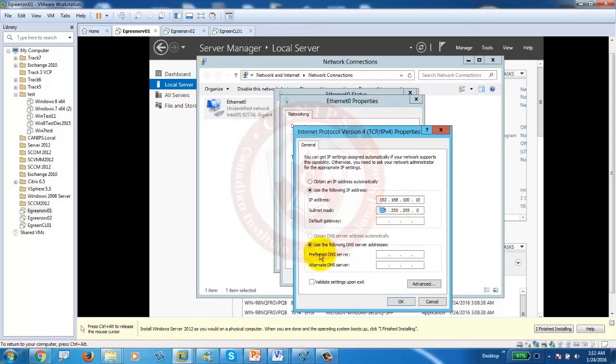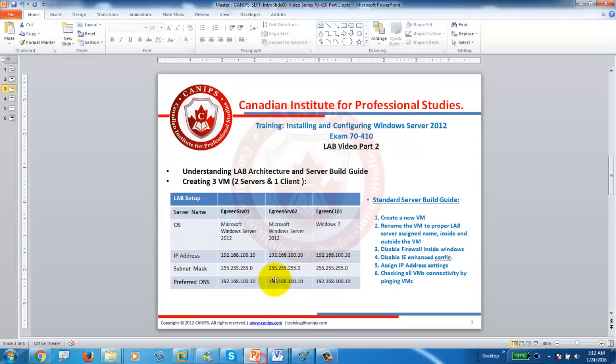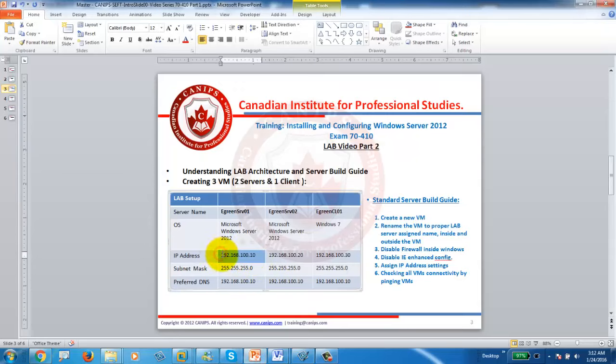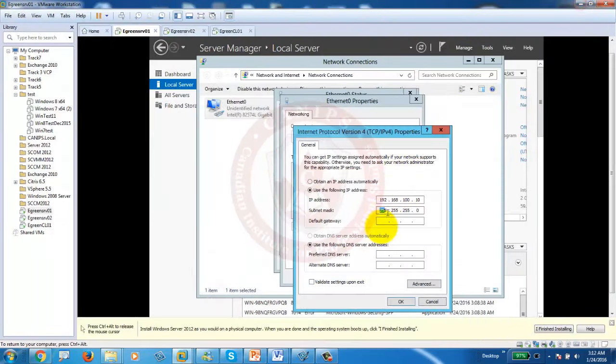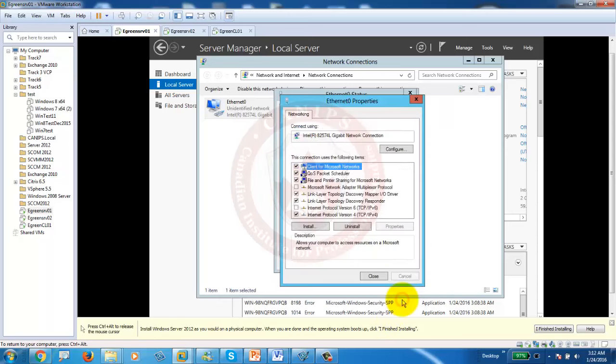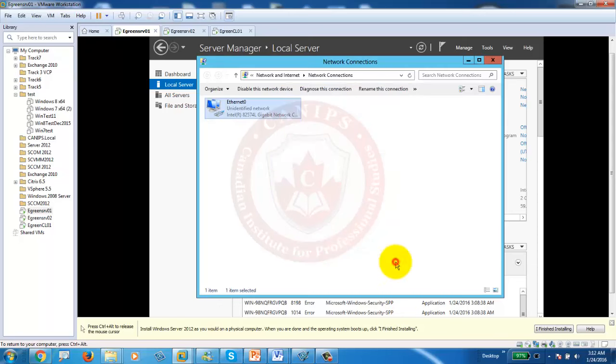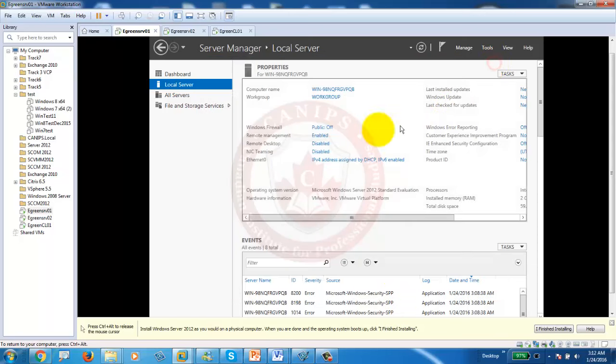And the third thing, we need to assign the DNS address, just like here. So we did assign the IP address, we did assign the subnet mask, and now we need the preferred DNS. Going back, this is my preferred DNS and preferred DNS IP address. And done. So the IP address is done, the firewalls are done, the name is changed, and now we are safe to restart